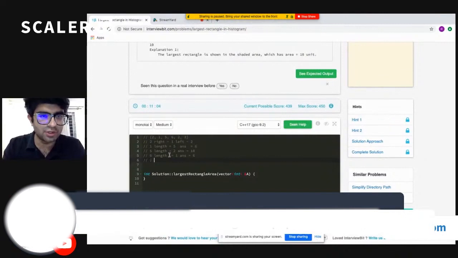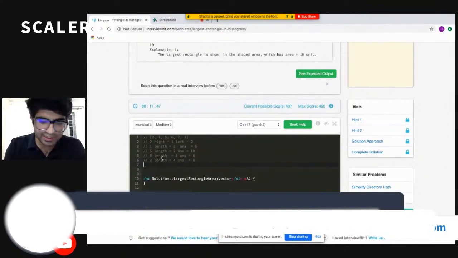Okay, now I consider the next 2. If I want to consider this 2, okay, 3 is greater than 2, so I can consider that element. Now if I move into the left hand side, I can see that 6 is greater than 2. Okay, nice. And 5 is also greater than 2. Nice, but 1 is smaller than 2. So the nearest minimum element in the left side for 2 will be 1. So I can consider only these two elements for 2. Fine. So the total elements I can consider for 2 will be these 4 elements. So my length will be 4, and my answer for this case will be 8.